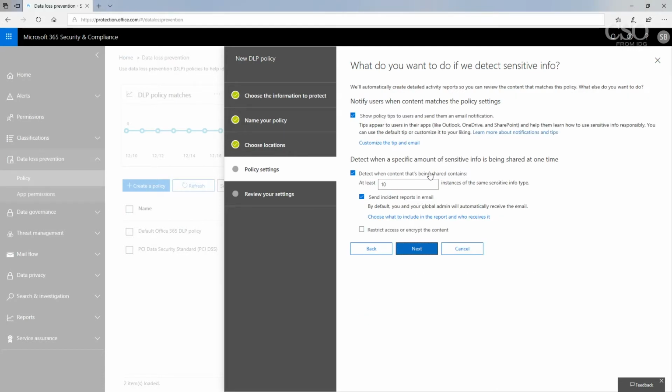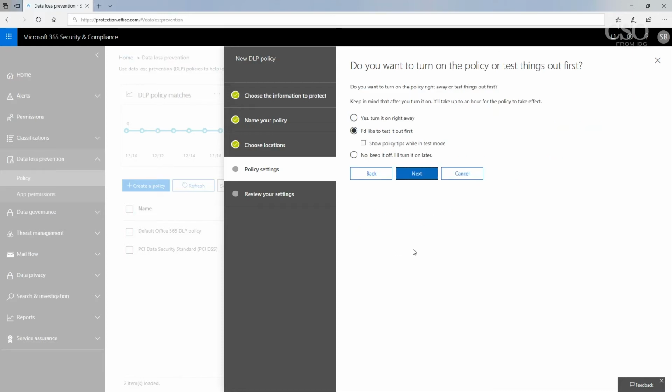And then, I have the Microsoft 365 E5 subscription, so here I have policy tips that I can turn on. What that does is when the person opens up their Outlook email, and if they attempt to email out to another organization a social security number, it'll actually warn them inside the email that they're not allowed to do that. Again, once you've got all of these settings the way you want it, click Next.